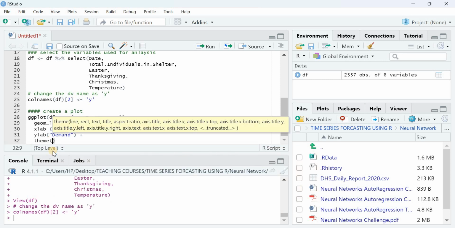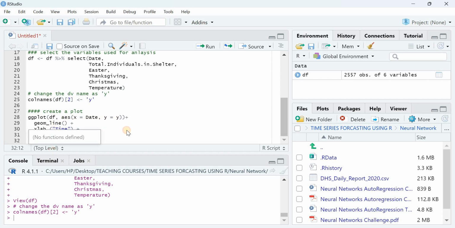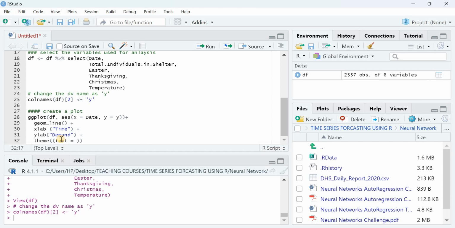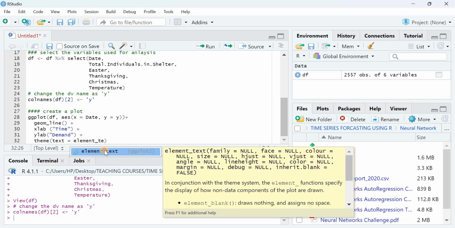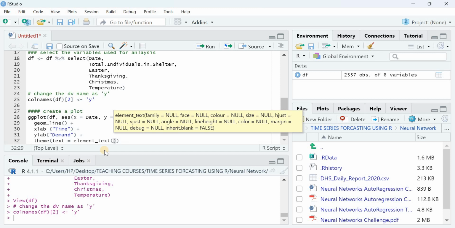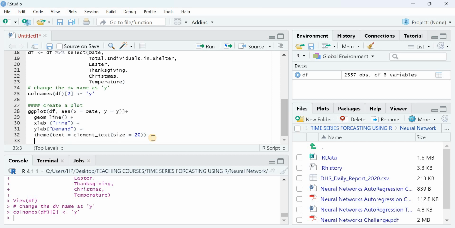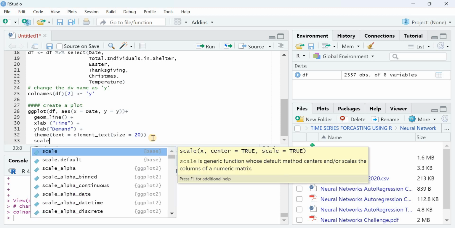Theme, you select from here, and you say theme will be text is equal to, you can actually start this way, text is equal to element_text. This option you can select, and I just say size, I'll just make the size of the text 20, plus here the last, I'll say the scale would be,